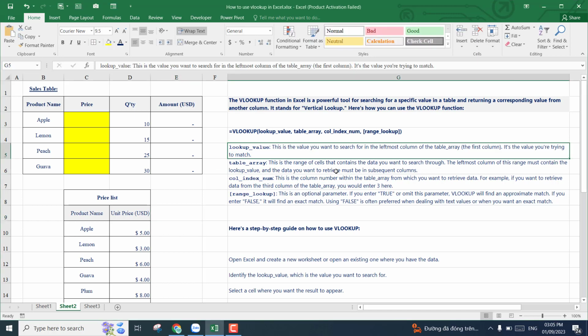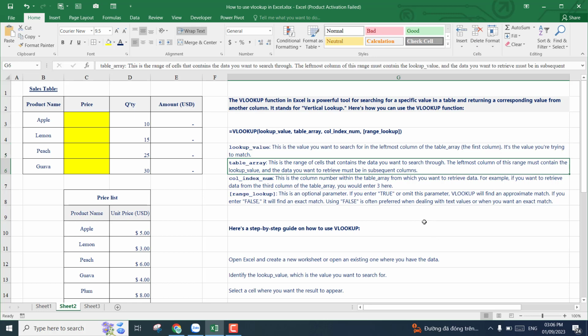The lookup value: this is the value you want to search for in the leftmost column of the table array. The first column is the value you're trying to match. The table array: this is the list of cells that contain the data you want to search through. The leftmost column of this range must contain the lookup value, and the data you want to retrieve must be